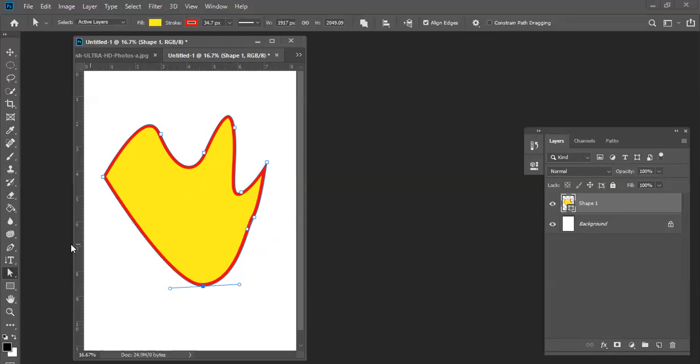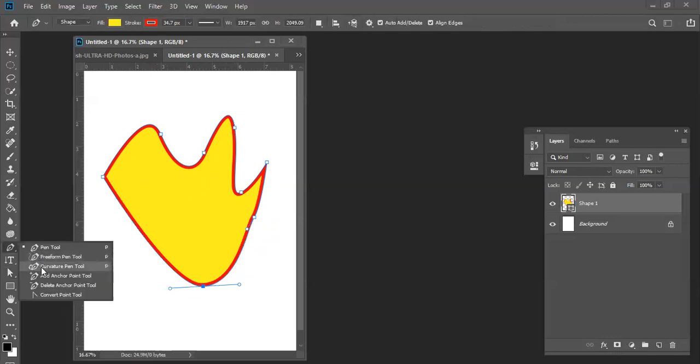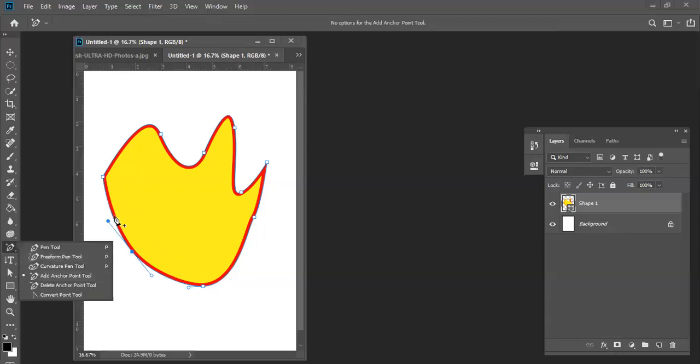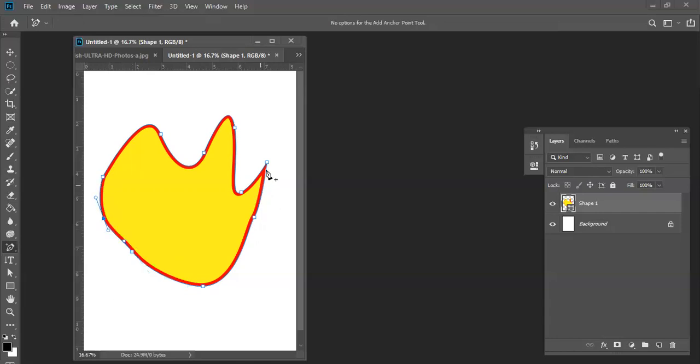In between here, if you want to add another point, there is also an option. If you want to adjust here, we have another option here, add anchor point. You just click one anchor point here, and you can adjust like this. If you want one more point here, select this one, add anchor point, just click here, select this one, and you can adjust. If you don't want this point, there is an option, delete anchor point. When you're deleting, it will be like this.